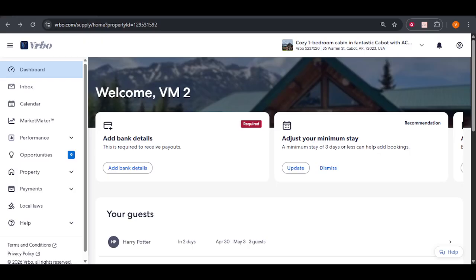First things first, you'll want to make sure you're logged into your Vrbo account. Once you're in, navigate to the main dashboard. This is where you'll find all of your properties if you're an owner or your bookings if you're a traveler. For this tutorial, we'll focus on the perspective of a property owner, but travelers can follow along to understand how